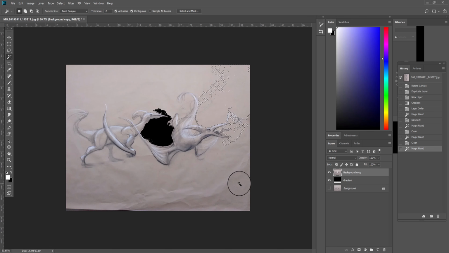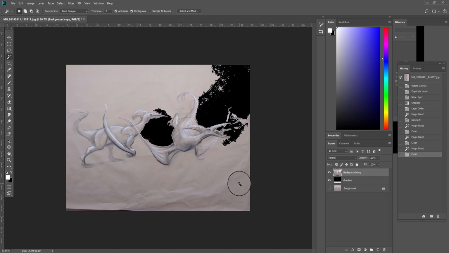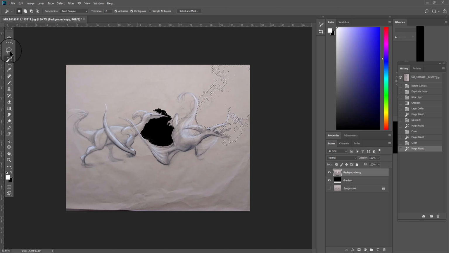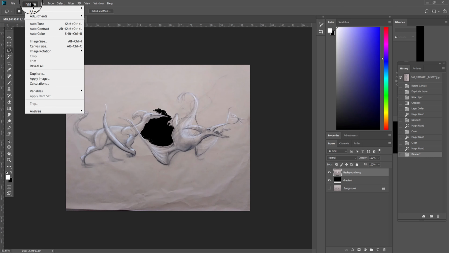Let me check. Let me hit delete. That's not too bad, but it's deleted parts of the dragon's tongue. So Control Z. I'm going to show you another tool before I delete any more of the background, and I'm going to change the contrast of the drawing